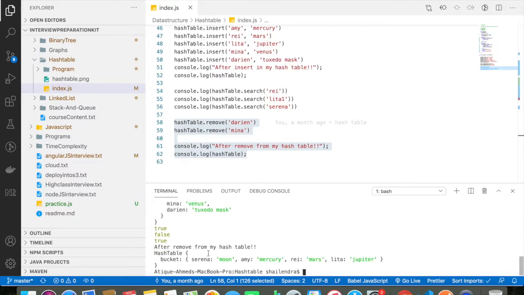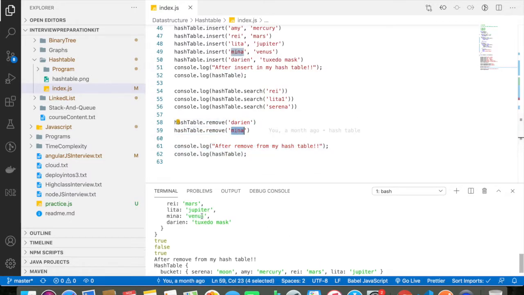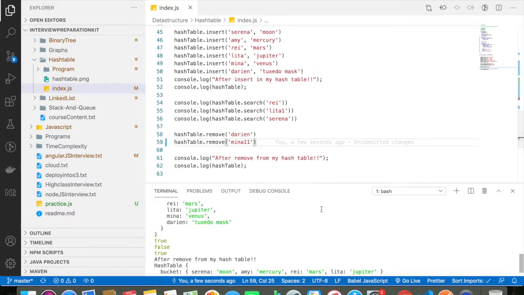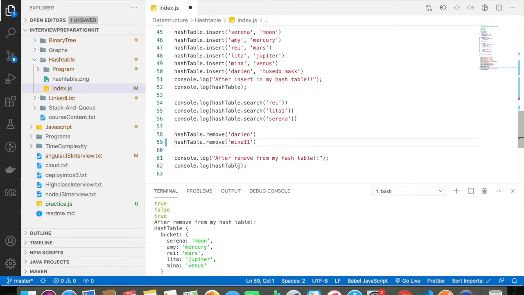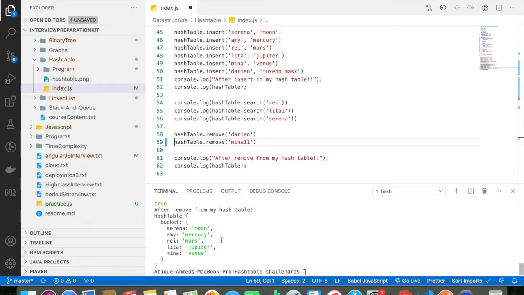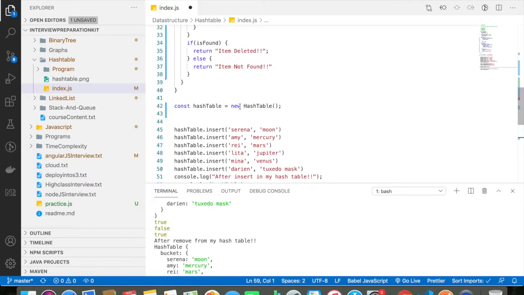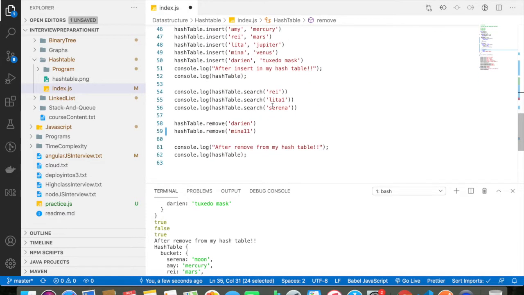So you can see that after deleting, my hash table will be Serena Moon, Amy Mercy and Lita Jupiter. Okay, so I have deleted Darian and Meena. Can you see that? So let's try one more, 1 2 1 1, which is not present in my hash table. Alright, so let me run the program once again. I think I am not getting the result whatever I have sent here, because I am not printing anything here.